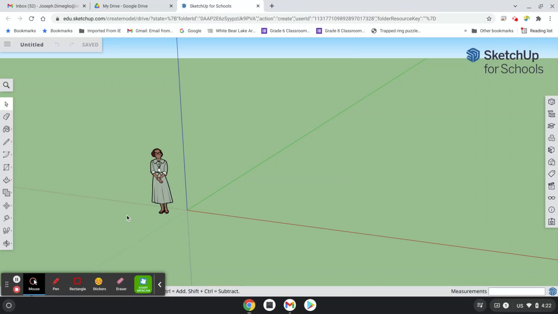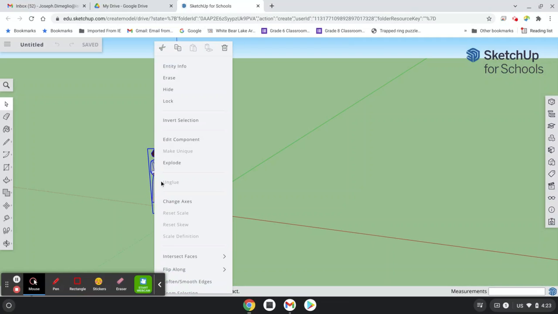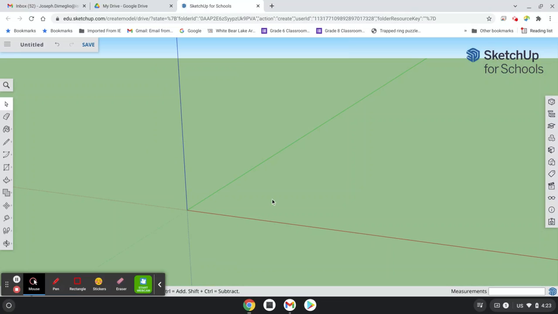Okay, so we're going to get rid of Mildred, and to do that, we just need to click on her, and you can hit your backspace, or you can right click and say delete. Let me see what it does here. I can right click and just erase. So now we're on the screen,